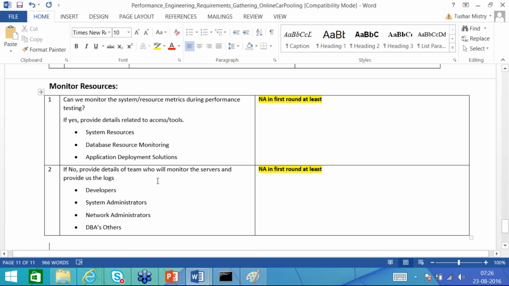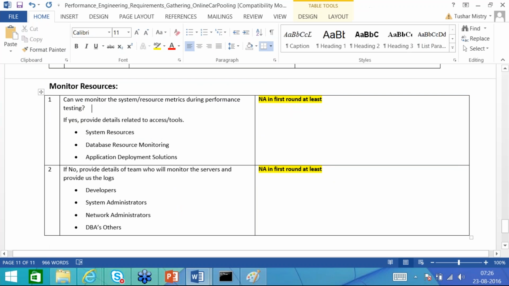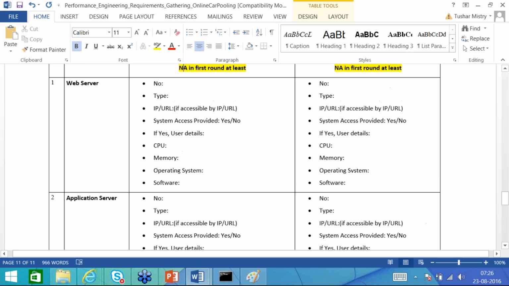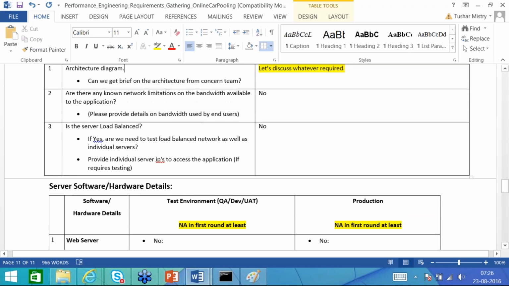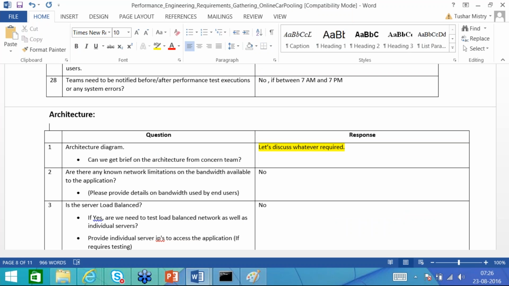Then next is architecture. In performance testing we focus on the architecture diagram, how the requests are flowing from server to server.